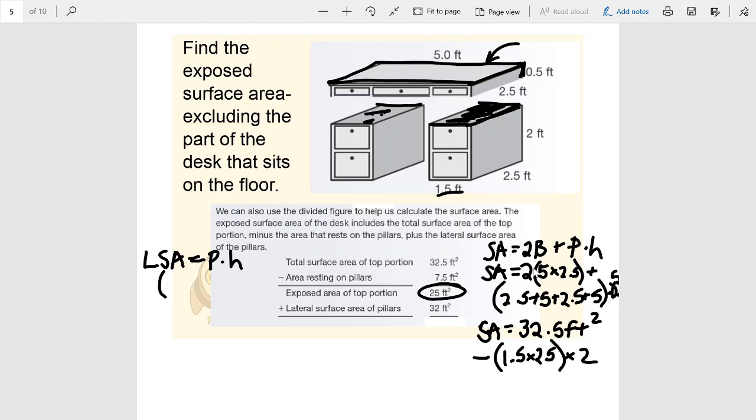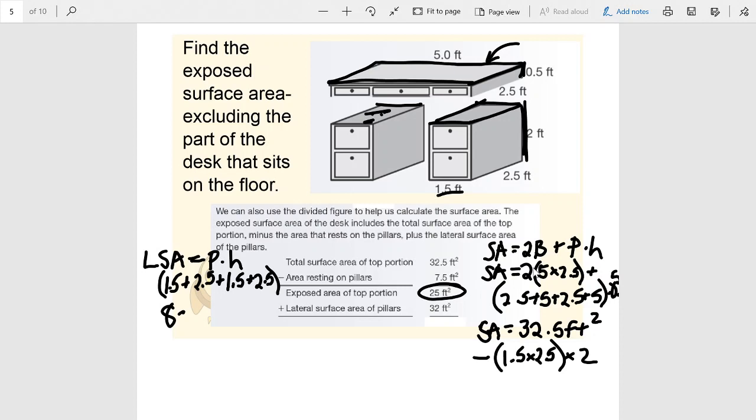So for each of these pillars, we're going to find the perimeter of the base, which in this case, remember, each of these bases, I need to add up 1.5 by 2.5, 1.5, and 2.5. So I'll write that out. 1.5 plus 2.5 plus 1.5 plus 2.5, which means that when we actually look at this, we can say that the perimeter of this is 8